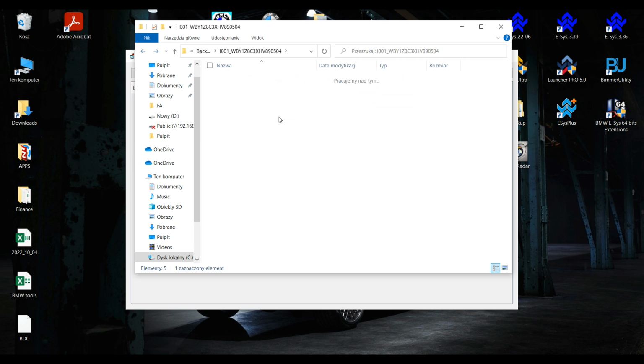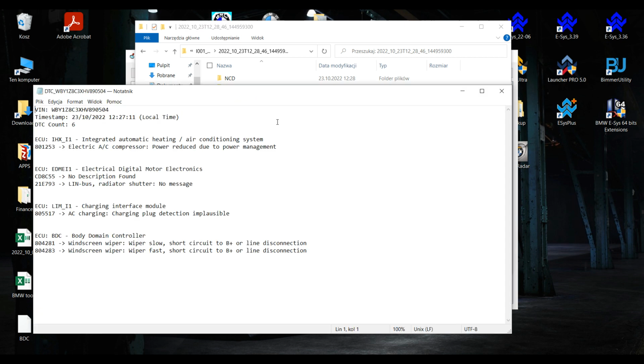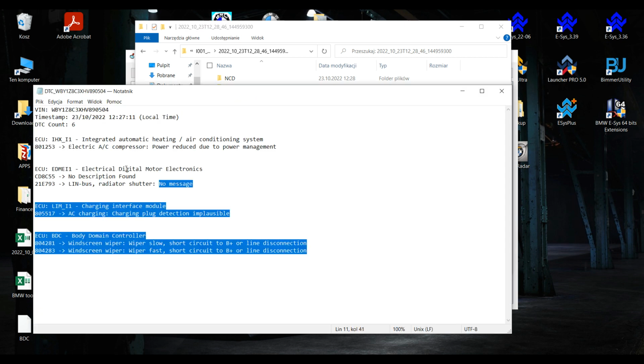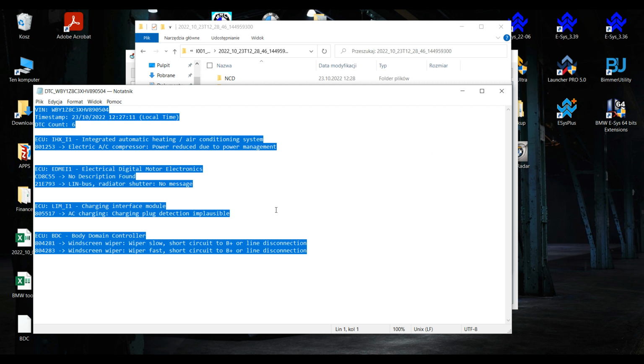And lately, with a new update, also the DTC report, so whatever you read out of the car is also stored, so you do not have to use E-Sys now to do the first readout from the car. This solution does this for you